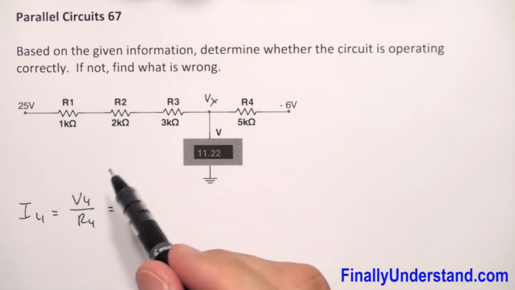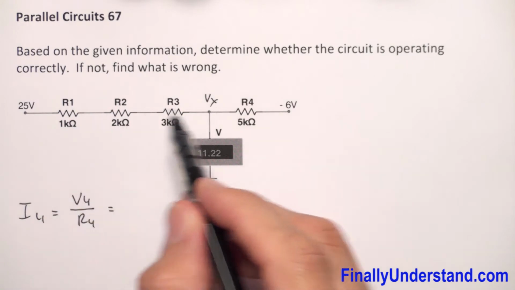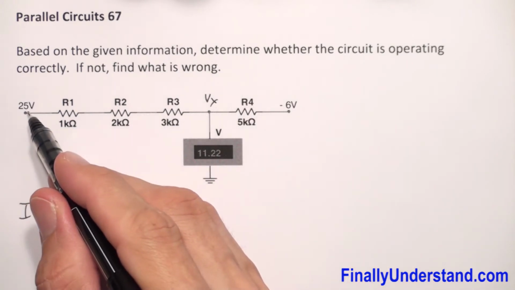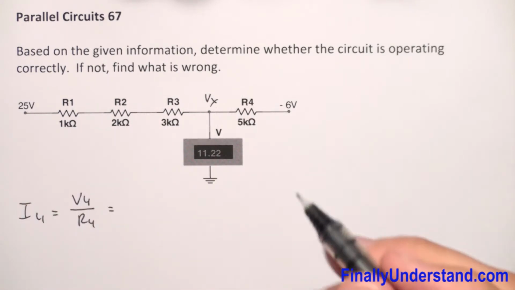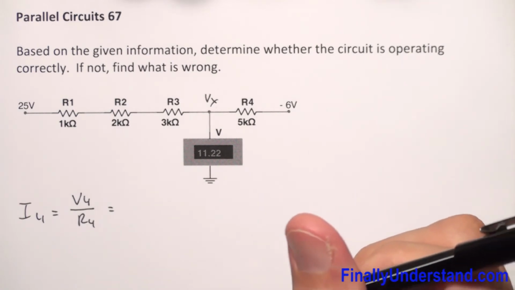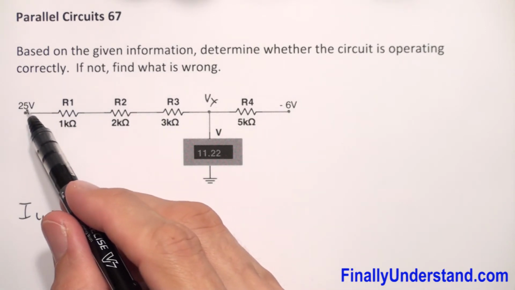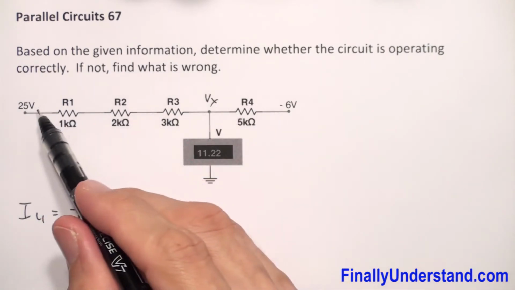Because current is going to go this way. Why? Because this is higher potential and this is lower potential, and as you know, we use conventional current flow, so we assume that current flows from positive to negative. So if this is my positive voltage and this is my negative voltage, current is going to go